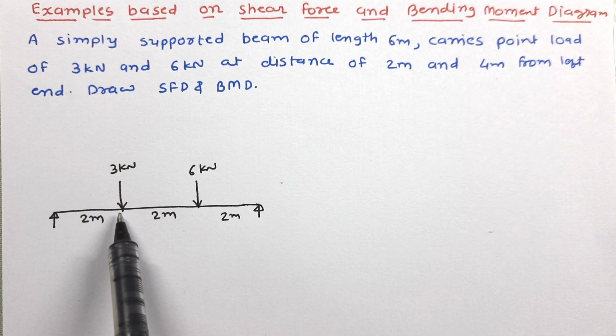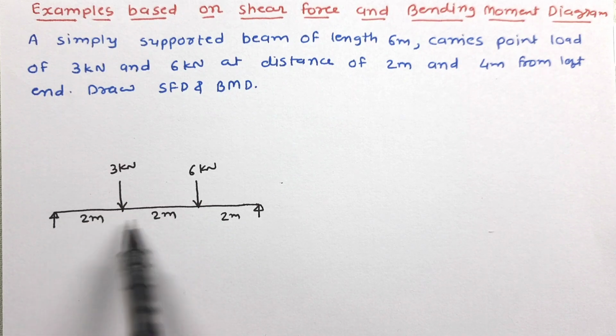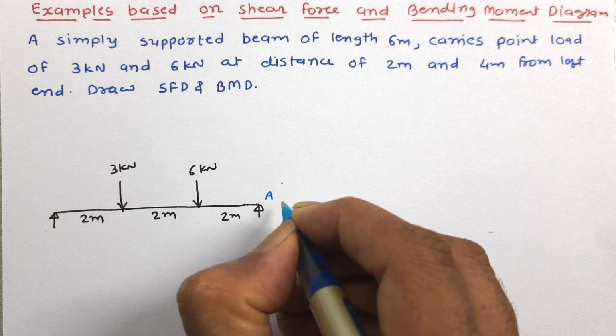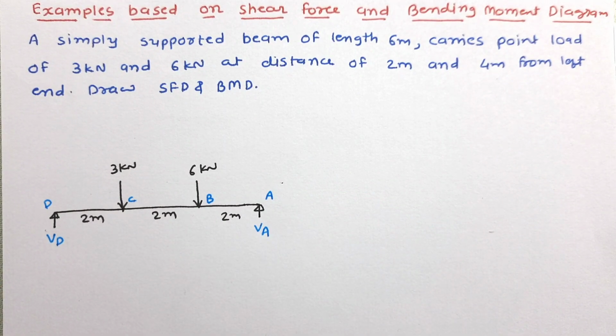So this is the condition given to us. 2 point loads are acting at 2 meter and 4 meter from left support. So this is the beam given and we want to work out shear force and bending moment diagram. Let us give name to important points. There are two supports and two vertical reactions will be there at both supports. So let us start with working out the reaction.